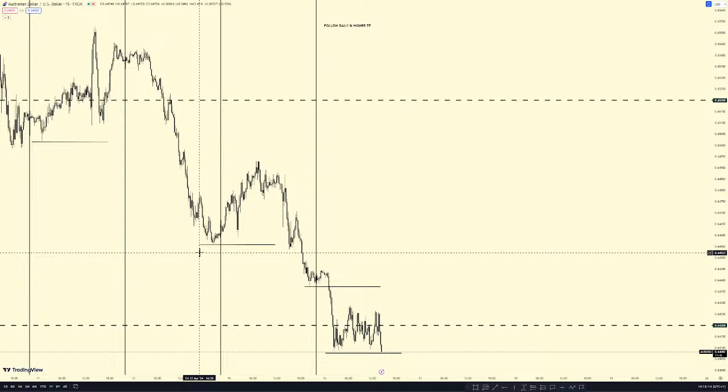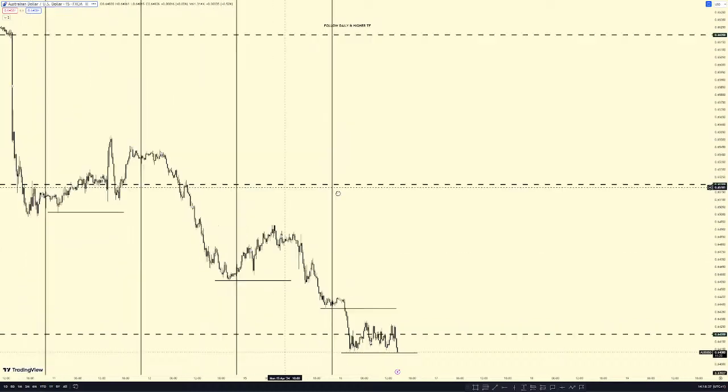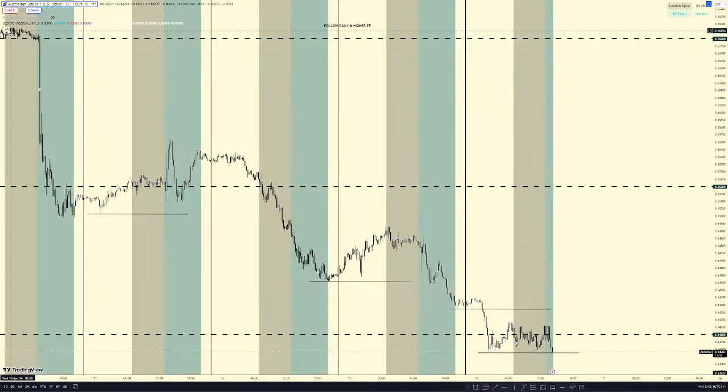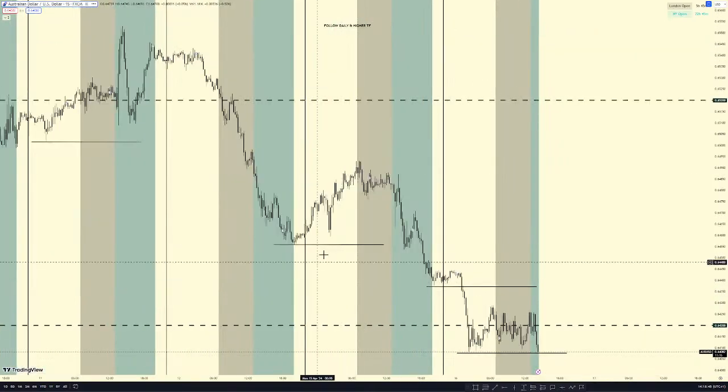we still have to work with what is happening right now in the moment. That is our own concern. Yes, we can have our expectation, but what is happening right now is more important than whatever expectation we are having, and that's how you make money in this market. See, the market is as simple as coming to the market and looking for just one single thing, and then you are good.